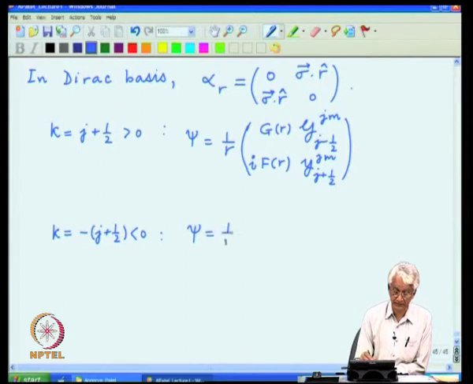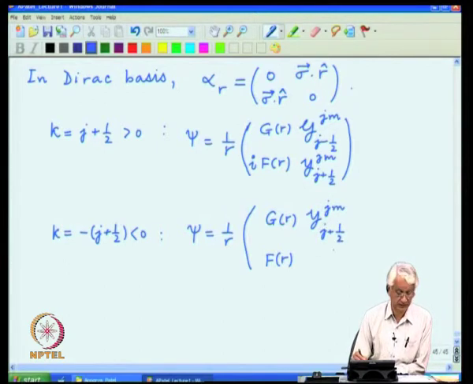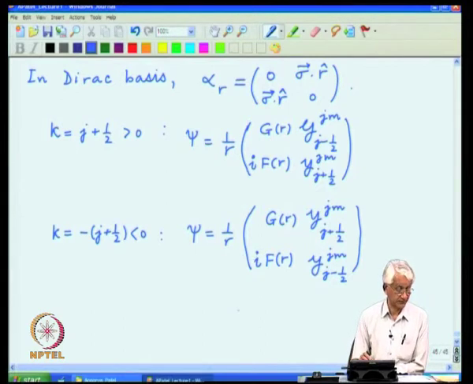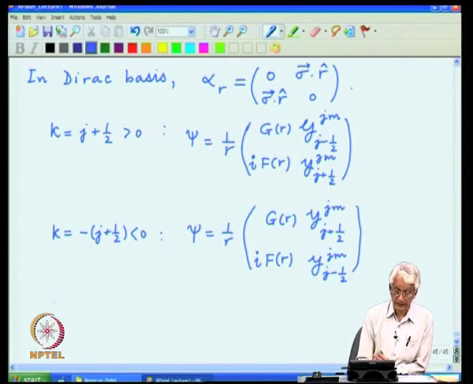And similarly, the other wave functions have a similar combination, except that these indices are now a little different. So, the L values are a little different for negative and positive k, and again there is a factor of r appearing over here, and these are eigenstates